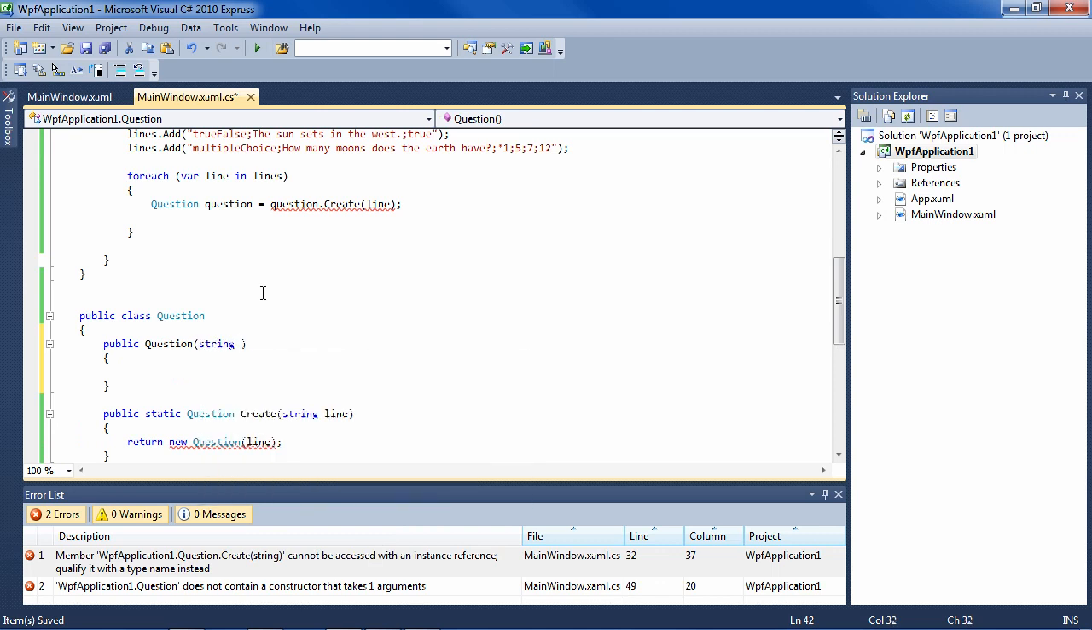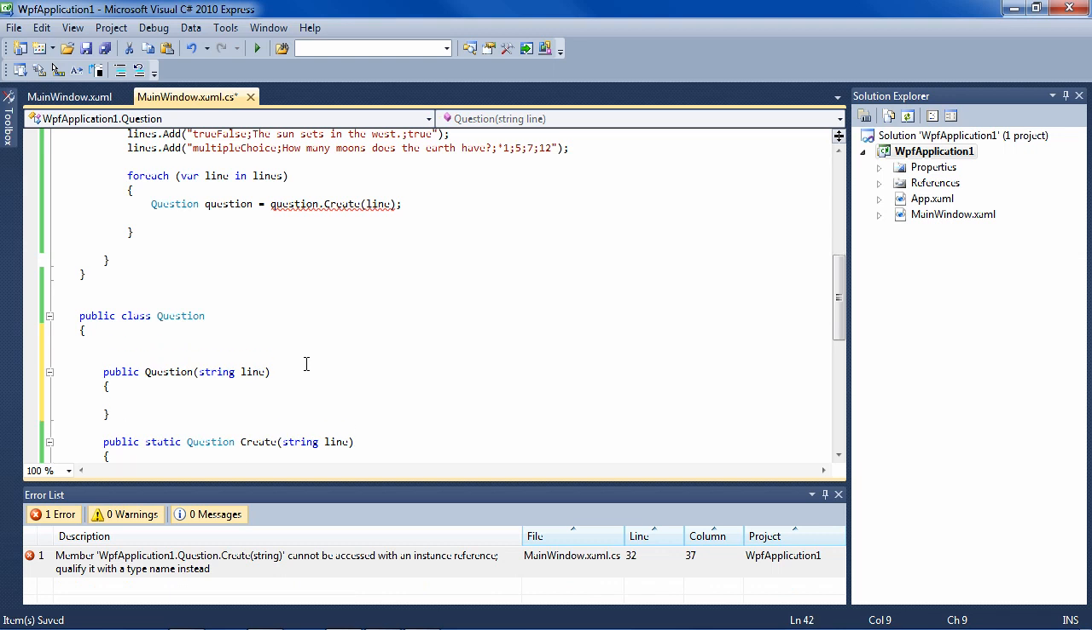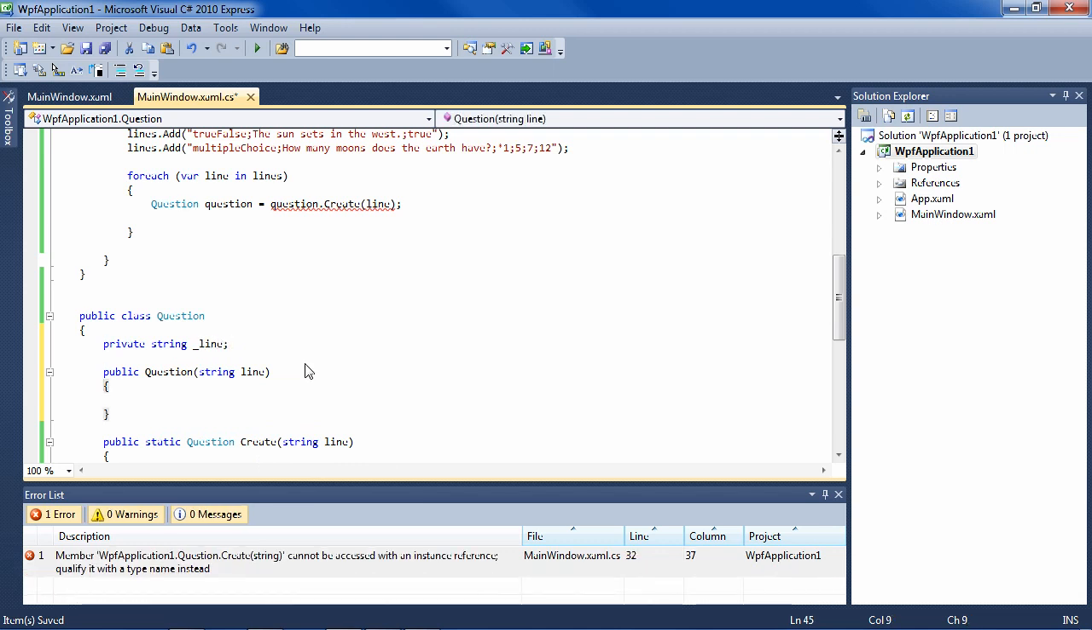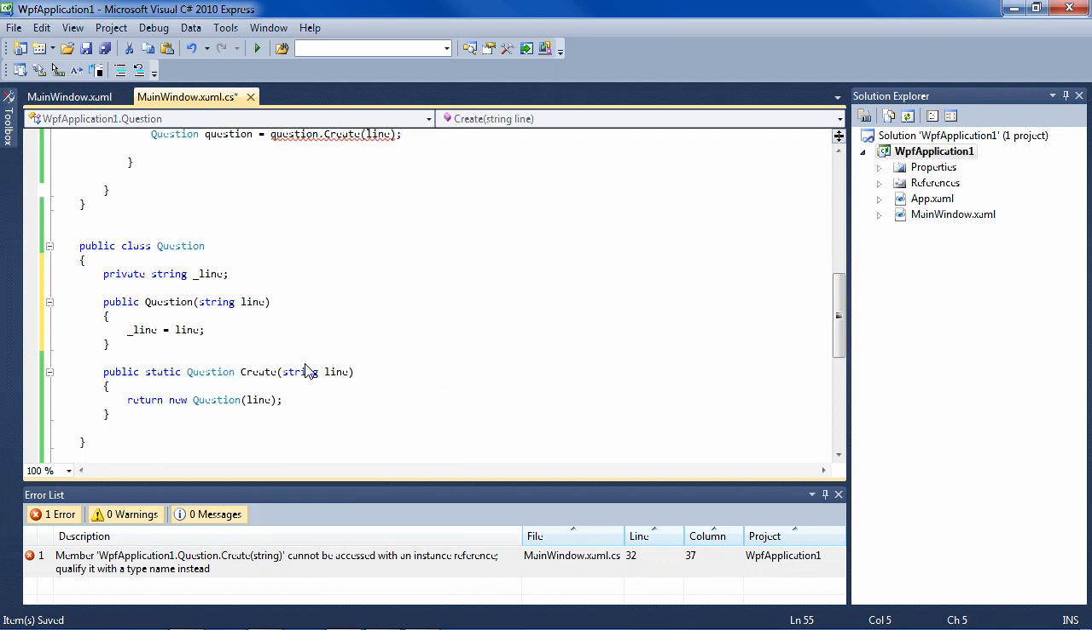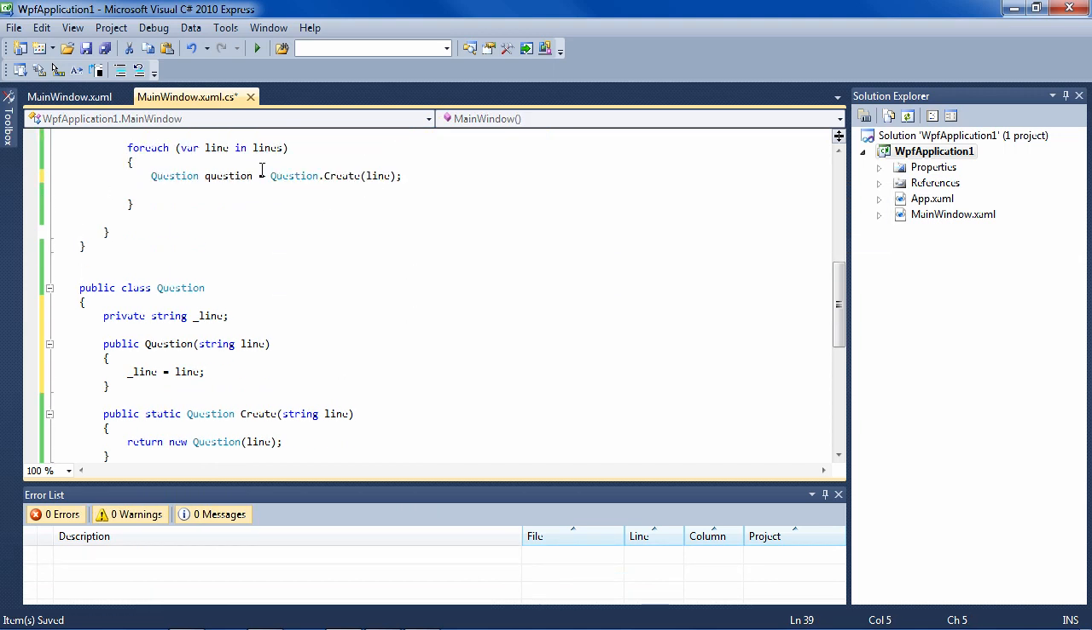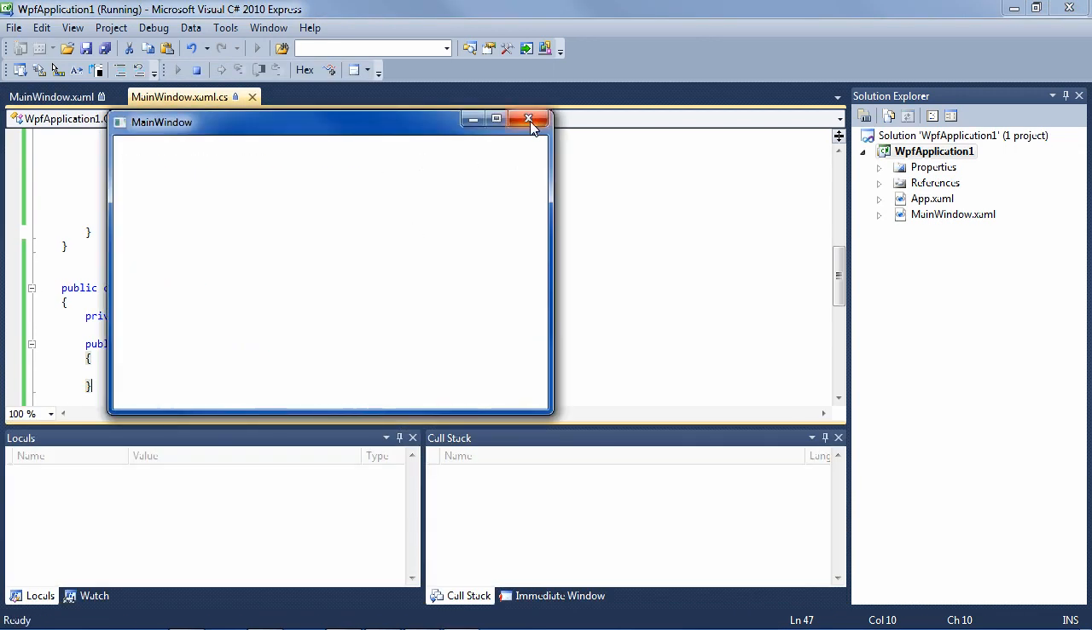We need to say string line. And we'll take that line and save it internally in the question. Here we'll have private string and underscore line for private fields. And then here, save line to line, like that. And I see here this needs to be a large question. And I could have here just instantiated the object like this, but you'll see in a minute why I have the static create method to do that. But if we run this now, it compiles, but it doesn't display anything,